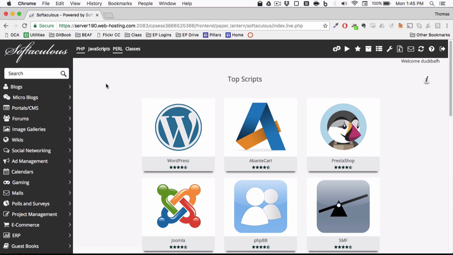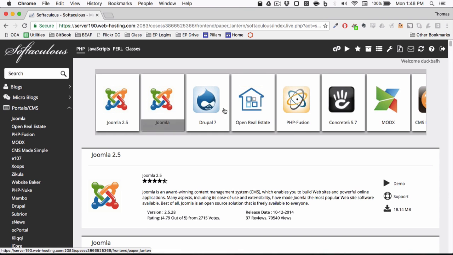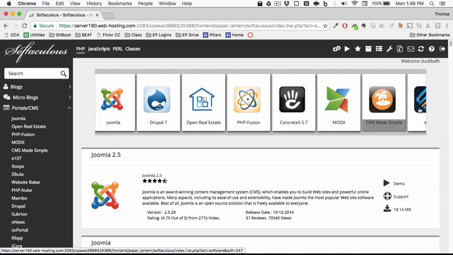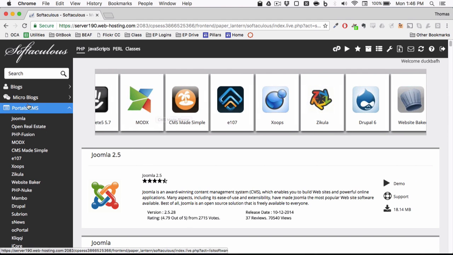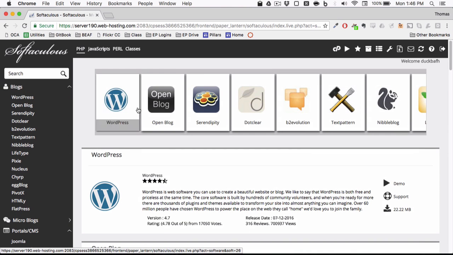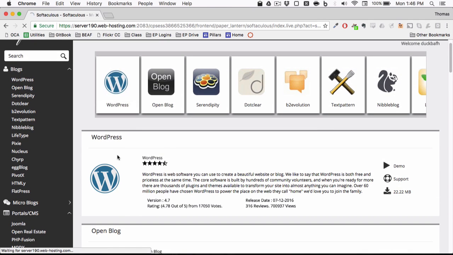Basically, it has all these software packages that allow you to just kind of click a button and have the software installed on your website. What we're interested in is WordPress, and for some reason Softaculous still doesn't put WordPress under the CMS category. It's actually under blogs, although WordPress is a content management system. If we want to install WordPress, we're just going to press WordPress,